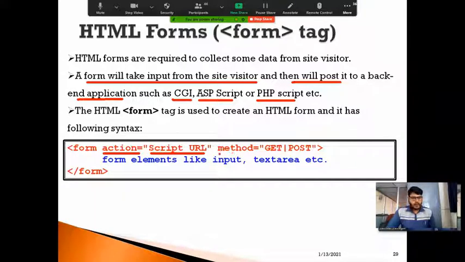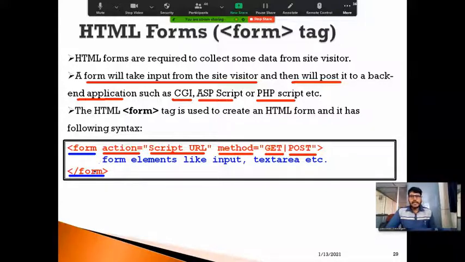And after this, along with the form tag, we must use a method attribute. Normally, this method attribute will accept only the value either get or post. Any one value I can specify along with the method attribute. Either I can pass get or I can pass post as a value in the method. And as usual, this is the opening tag of a form, and this is the closing tag of the form.